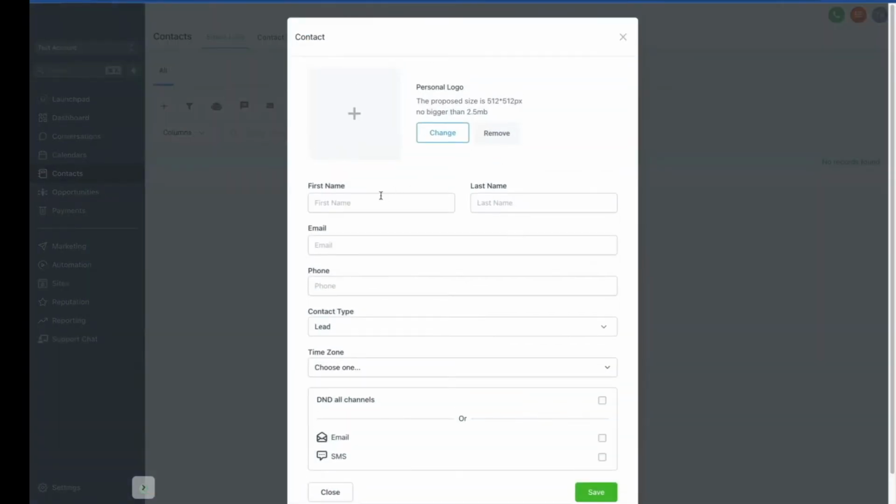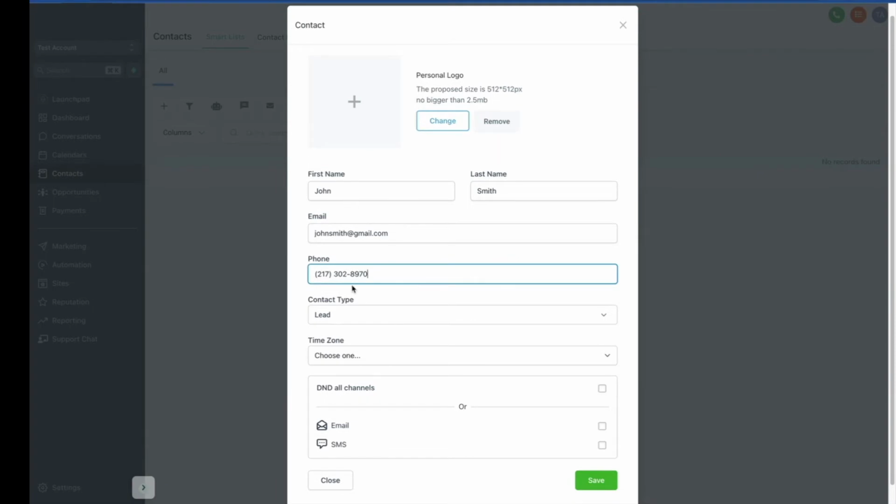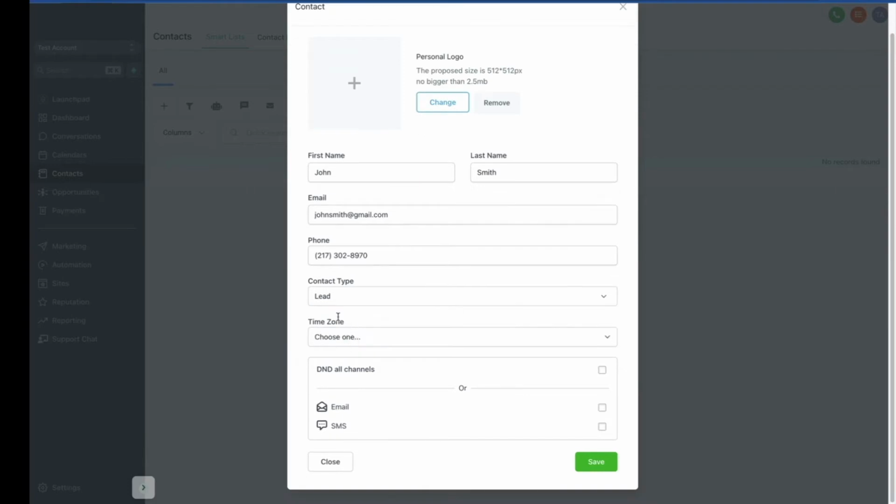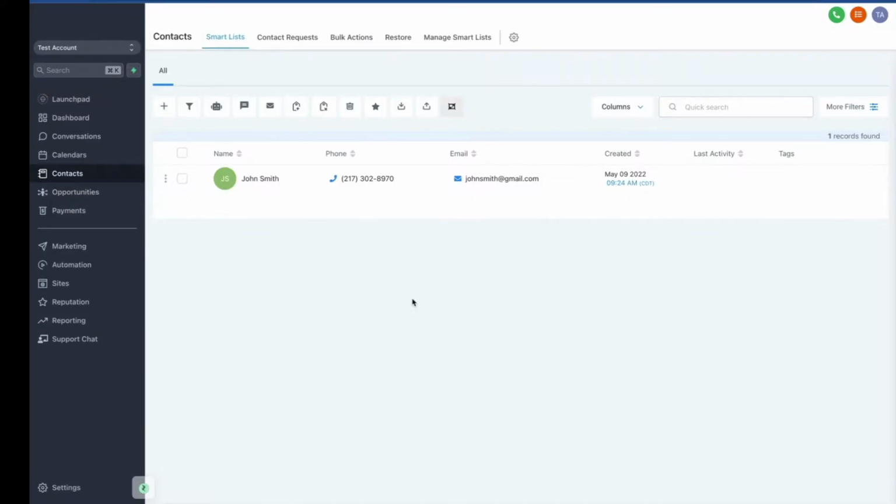Perfect, couldn't be simpler. Add the first name and last name, add an email, and lastly, the phone number, and we're done. You can also change the contact type from a lead to a customer for management and organizational reasons. And you can choose the time zone of this customer. And also, if you want to put them on Do Not Disturb for all channels, or just Do Not Disturb for email or text message, in case you don't want them receiving any automations that you may set up in the back end. So now let's save this contact, and once refreshed, there it is, John Smith, our first contact